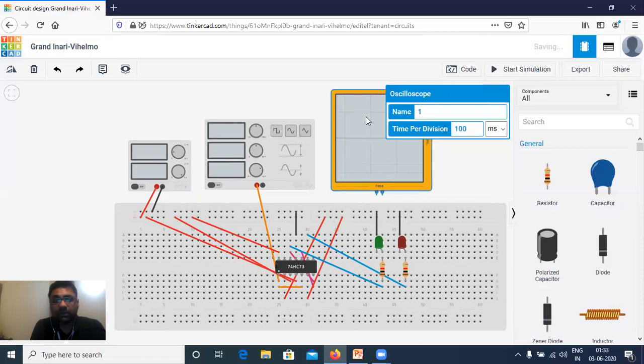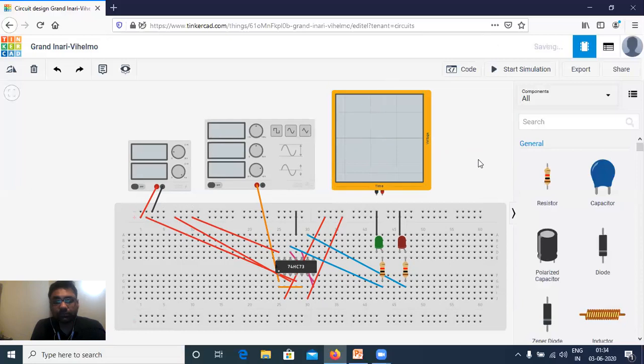Now I will go for oscilloscope. In oscilloscope, I have to check division. So these are all divisions, right? As you can see here. So this division I'll make second, and this will be 1 second. And later on we can tune it according to the output that we are getting on the CRO. Done. So we are done with the connection. Let's simulate it. Go to the control panel and start simulation.